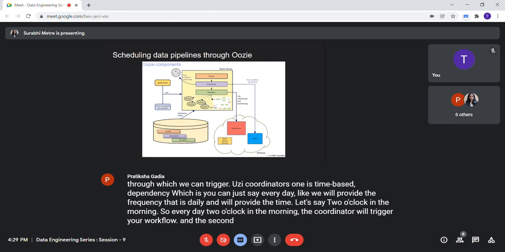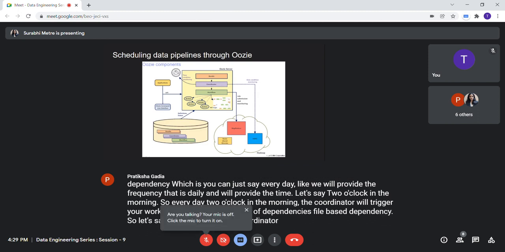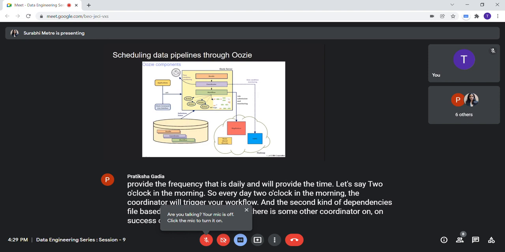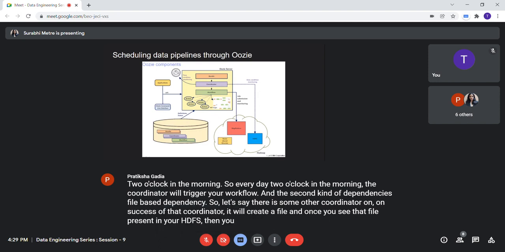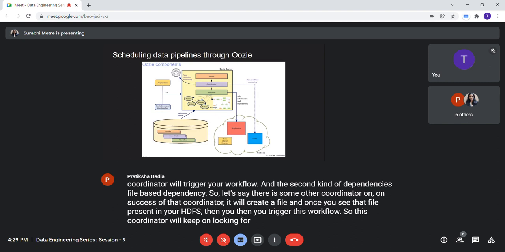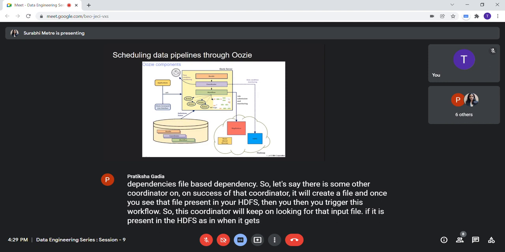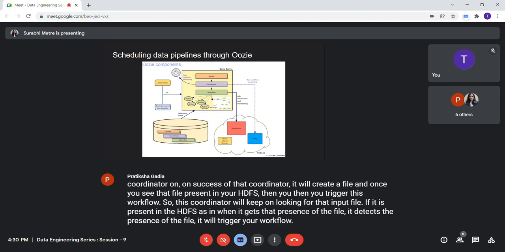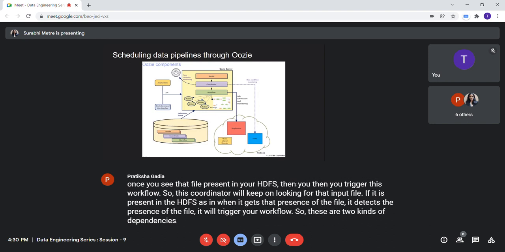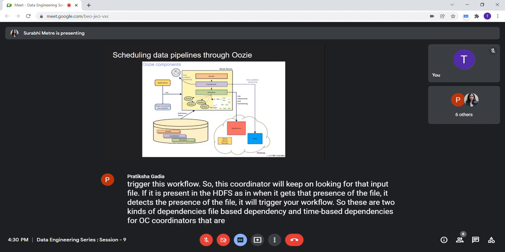And the second kind of dependency is file-based dependency. Let's say there is some other coordinator. On success of that coordinator, it will create a file, and once you see that file present in your HDFS, then you trigger this workflow. So this coordinator will keep on looking for that input file, and as soon as it detects the presence of the file, it will trigger your workflow. So these are the two kinds of dependencies, file-based and time-based, for Oozie coordinators that are generally used in